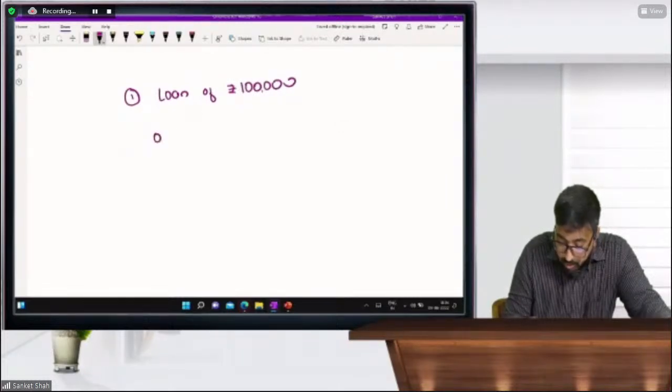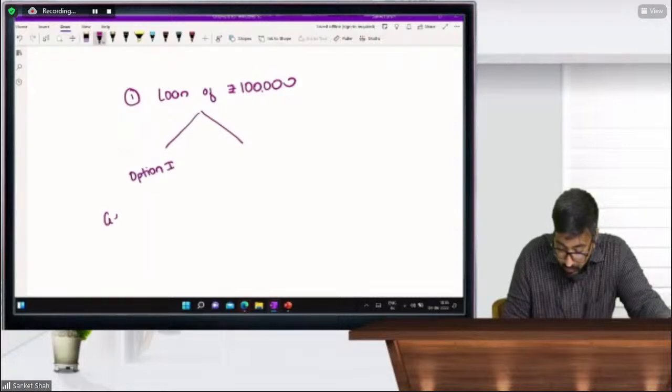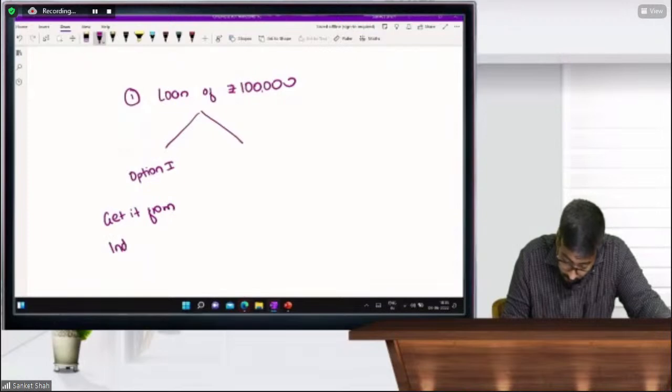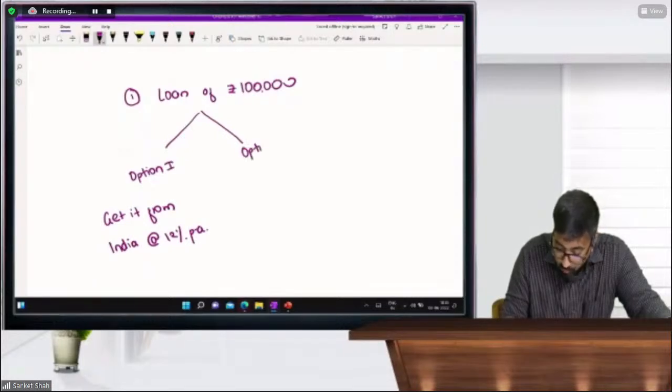You have two options. Option 1, get it from India at the rate of 12% per annum. Option 2,